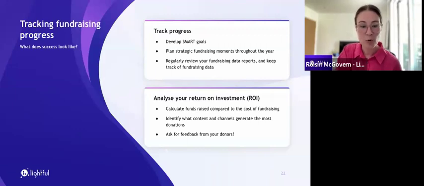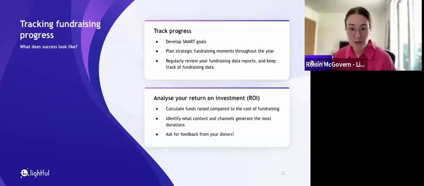And as mentioned before, when monitoring your fundraising, find out what channels and content give you the best results and find out what your supporters like and don't like. And that will not only help you to better understand your fundraising activity and help you to optimize in real time, but it will also help you to always be thinking about how can we improve our content? How can we improve our online experiences?